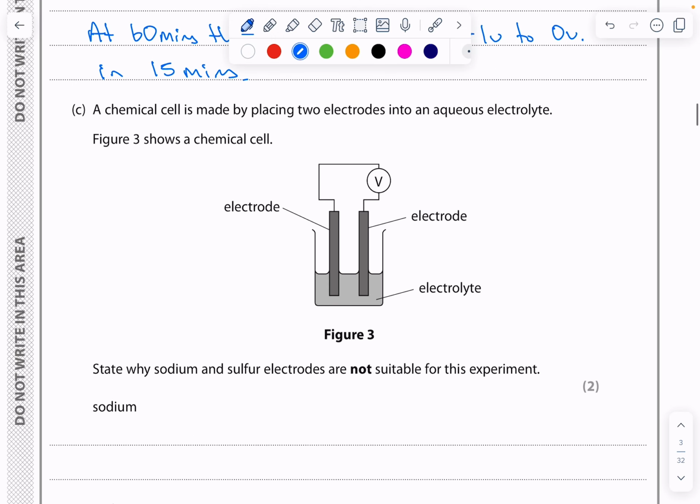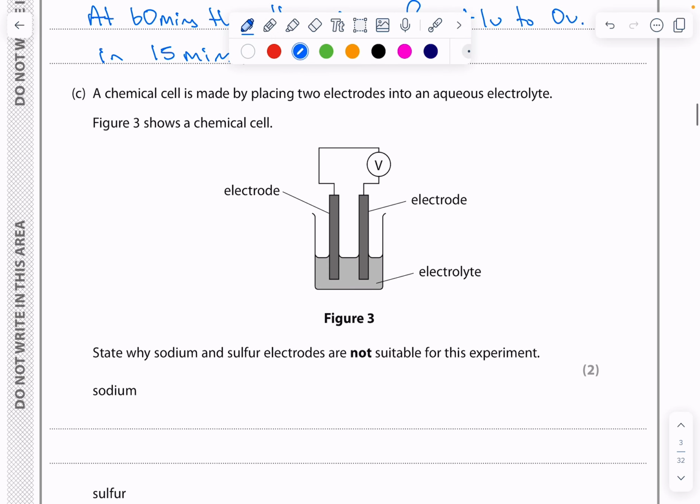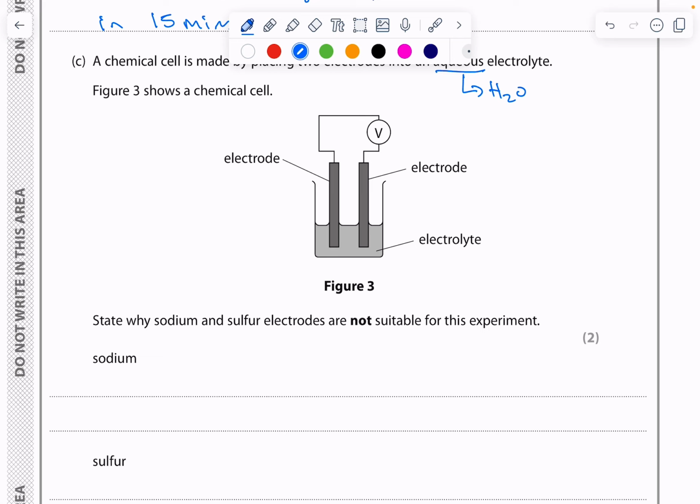Next one here, we've got a chemical cell made by electrodes. So here are the electrodes in the electrolyte. And it says, why is sodium not suitable for this experiment? So with sodium, we're using an aqueous electrolyte. So aqueous means it's in H2O, and hopefully you remember the basic chemistry that sodium would react very violently with the water. So what you say here is that sodium would react